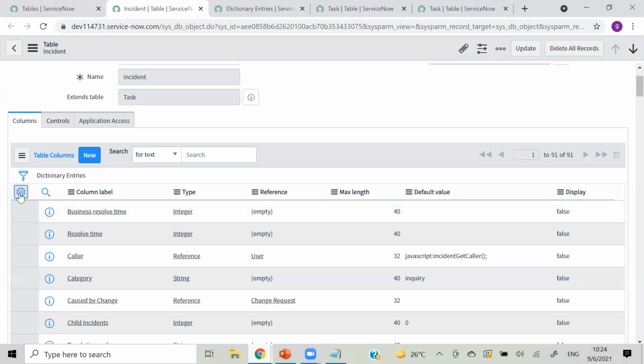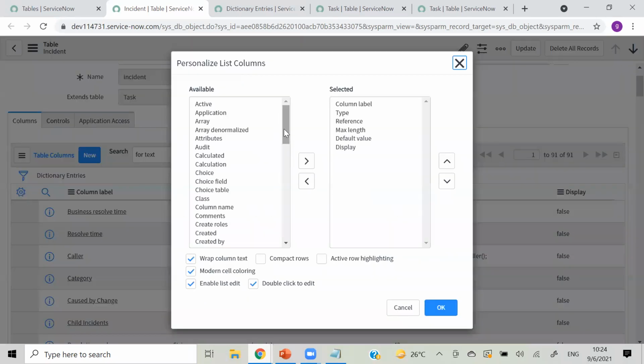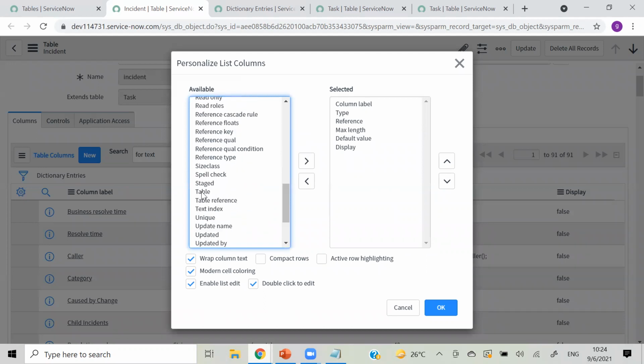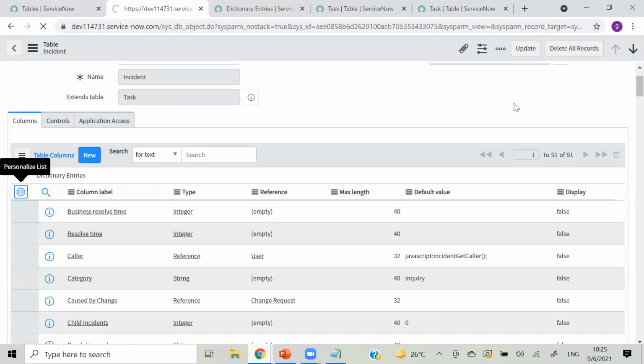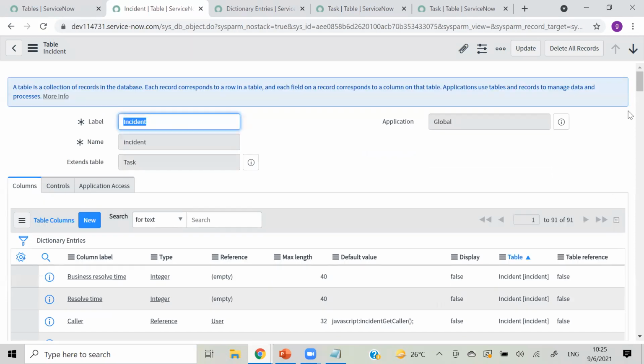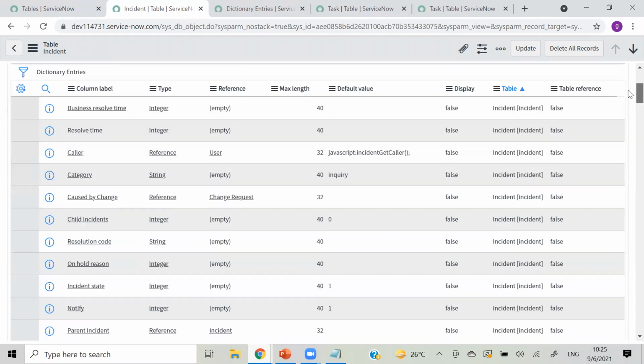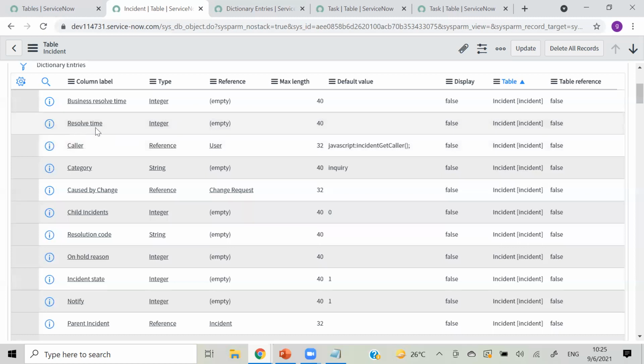Let's pull the table name from that if we have. I am pulling table and table reference on this. Here you can see result time, caller, category, child incident. These particular fields we have created on our incident table.